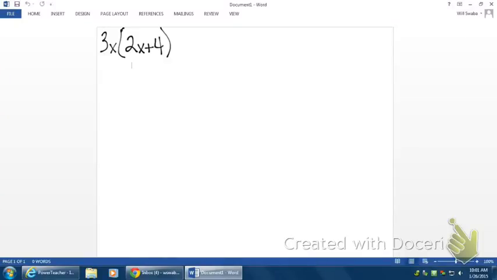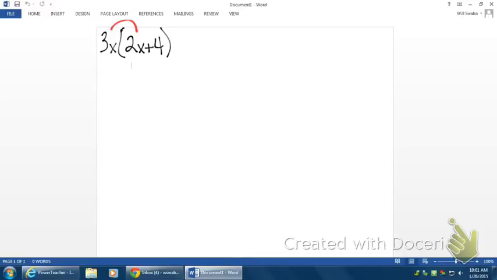The only way of actually solving this is to distribute it, because we cannot combine 2x plus 4. Those are unlike terms, and there's no way of combining them. Okay? So our only option is to distribute it. Now, remember, when you do that, you multiply that first term, or really anything outside the parentheses, times everything inside